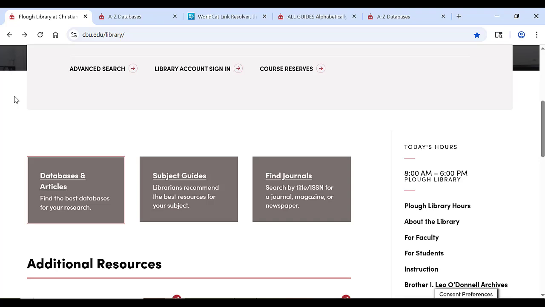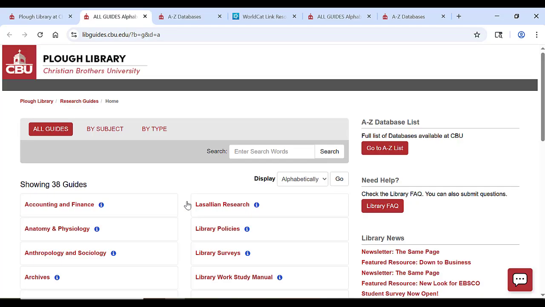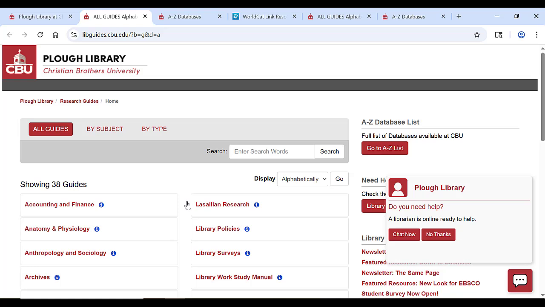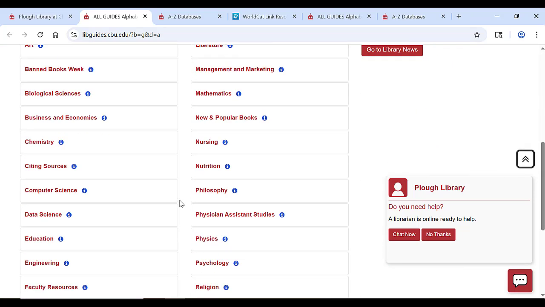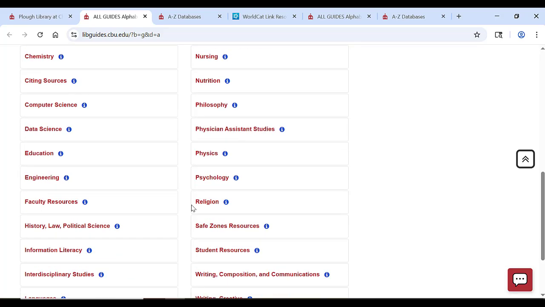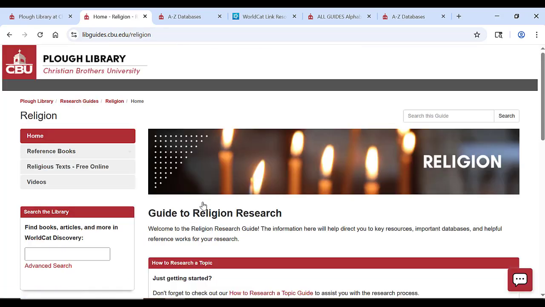Back on the library's homepage, the second gray box links to our subject guides. These subject guides cover almost every discipline at CBU and provide key resources and databases to use when doing research in various disciplines. Let's take a look at the religion subject guide. So we'll scroll down, click on religion,